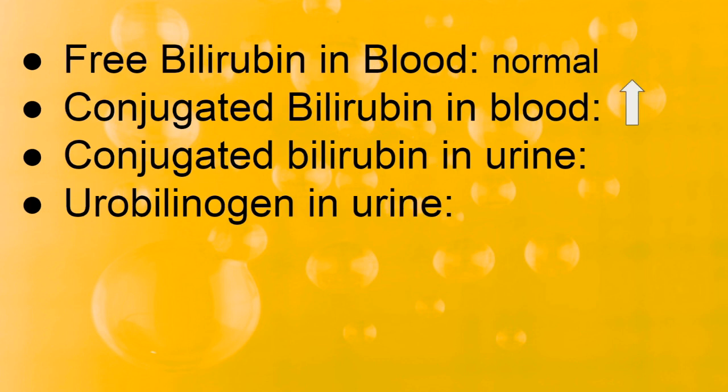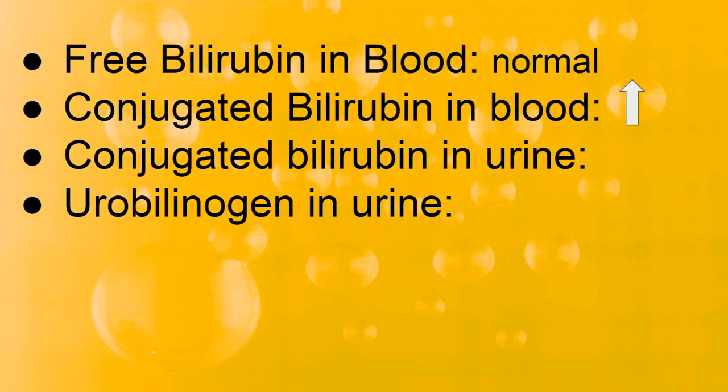Why? Because, as we all know, in obstructive jaundice there is an obstruction in the pathway between the liver and the small intestine and large intestine. Right, in the pathway between the liver and the gut. But what is the liver doing? The liver is taking another pathway and directly sending all the conjugated bilirubin towards the kidney. And so by this circulation, some amount of conjugated bilirubin will now enter the bloodstream as well, because the gut is not taking it. So in the pathway between the liver and the kidney, a small amount of conjugated bilirubin will enter the bloodstream also, and so the amount of conjugated bilirubin inside the blood is increased.